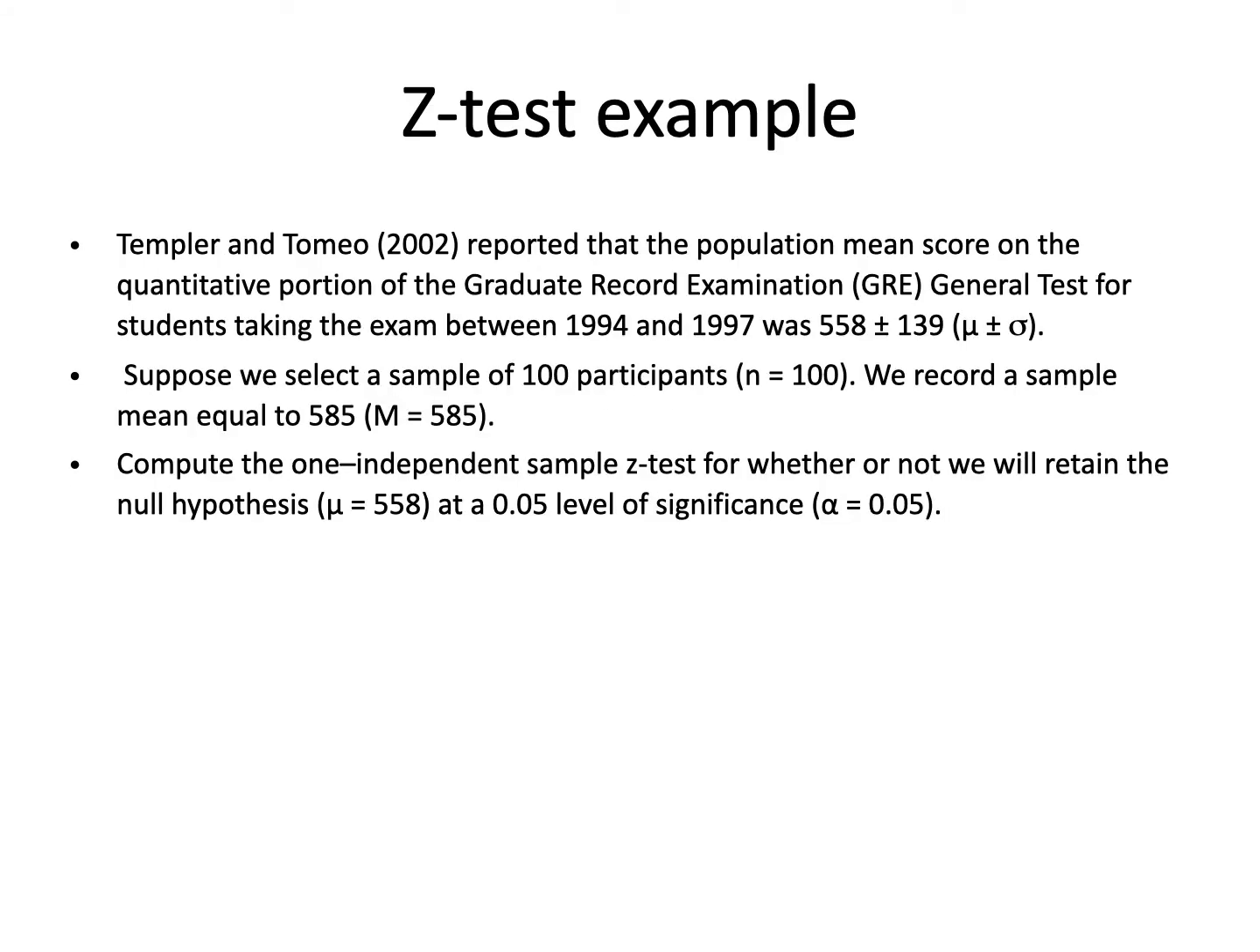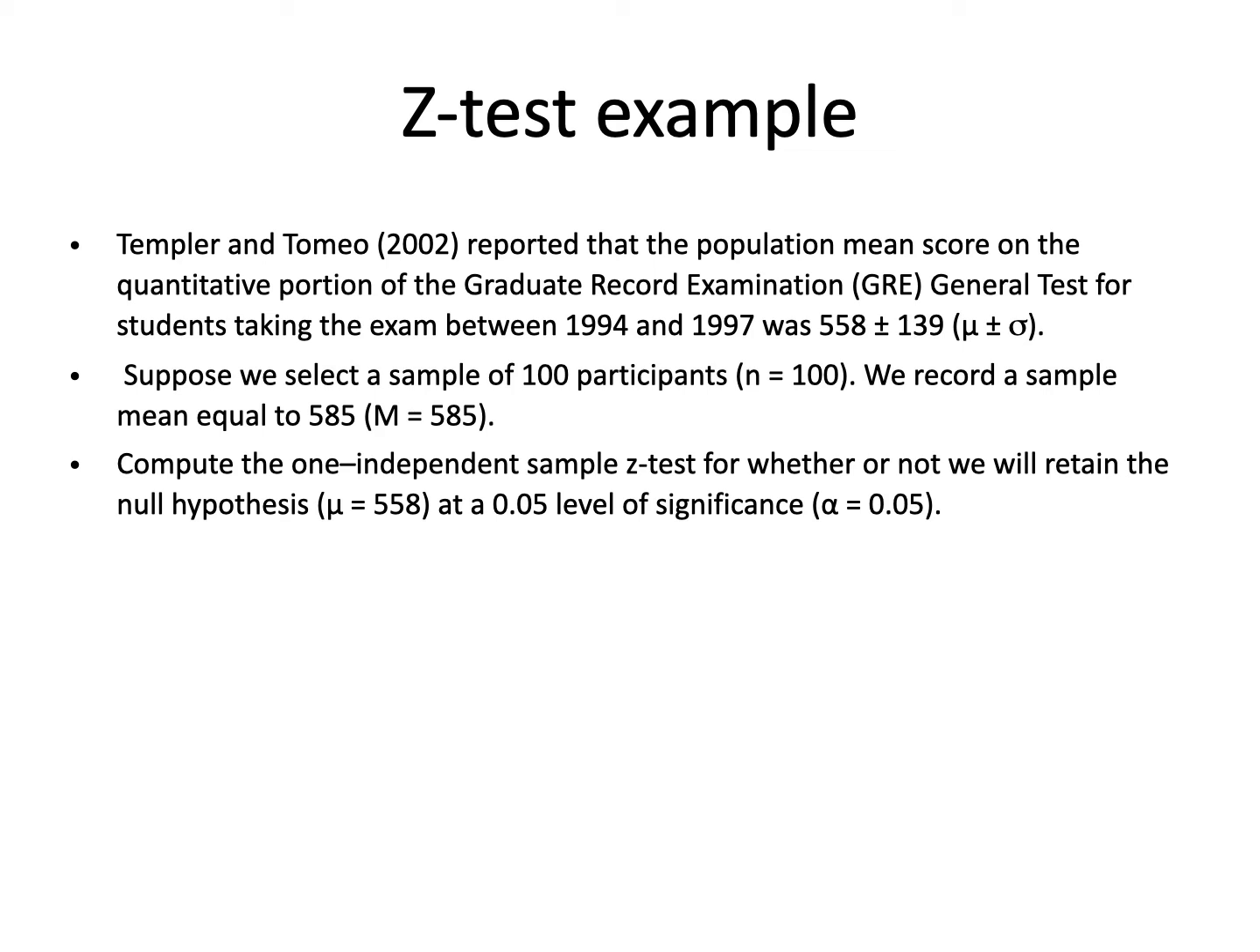Now let's go for an example. Templer and Tempio in 2002 reported that the population mean score on the quantitative portion of the GRE, the Graduate Record Examination, general test for the students taking the exam between 1994 and 1997 was 558 plus minus 139, meaning the average score was 558 with a standard deviation of 139. And suppose we select a sample of 100 participants, that is n equal to 100, and we record the sample mean to be